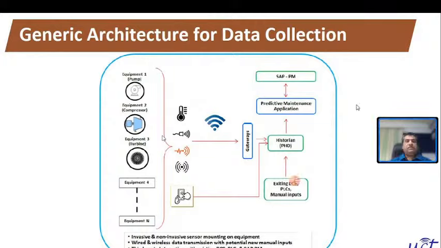So here, this is the generic architecture for data collection. Basically, we have multiple machinery, sensors, and equipment like pumps, compressors, and turbines, from where we have to get different kinds of data like temperature, vibration, acoustic, or touch signals, or different kinds of signals that we have to capture, and bring to the gateway at one common place, and then send it to the database. The database can be local, or it could be on the cloud.